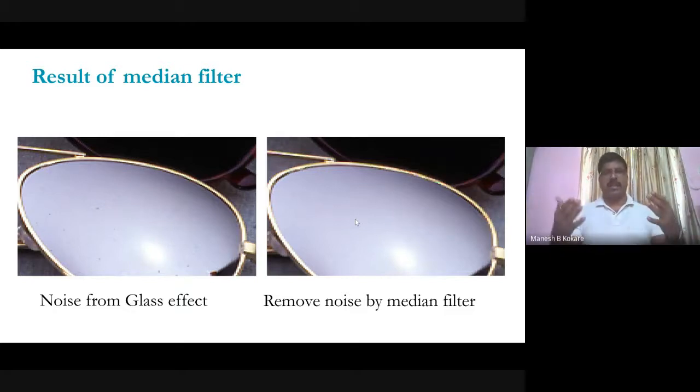In our next lecture, we'll see the next filter, which is nothing but high pass filtering. The high pass filter is generally used for detecting edges. In that, we'll review the standard high pass operator filters that are available, and after that we'll see the LoG, Laplacian of Gaussian, DoG, and so on.